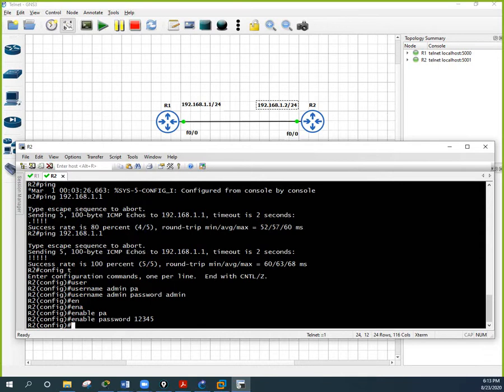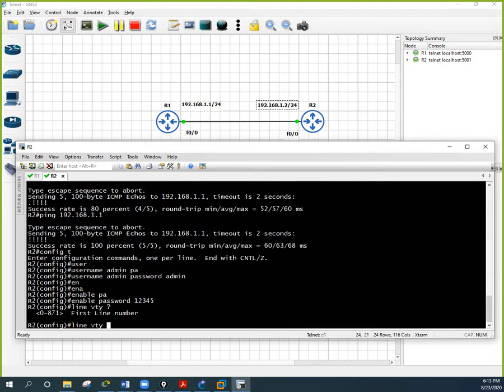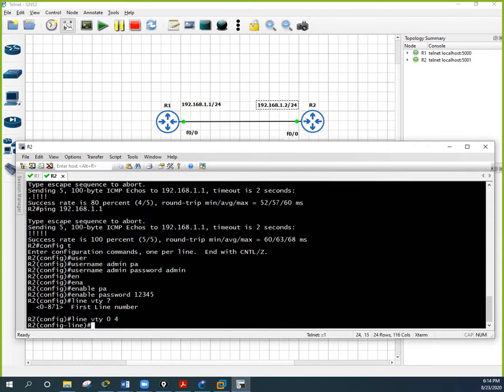Now we will go for our telnet configuration. When we are doing telnet configuration, the first thing we write is line vty. If you press question mark, you will see in this router we have 0 to 871, which means 871 users can access, but we don't need that many, so we will take 0 to 4, which means 5 users can access. Line vty 0 4.